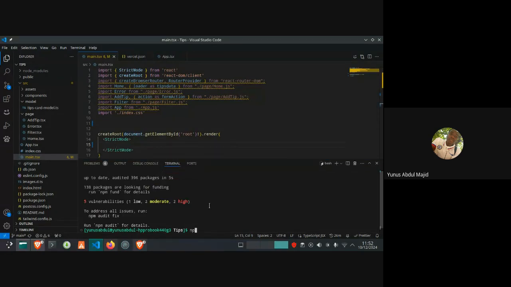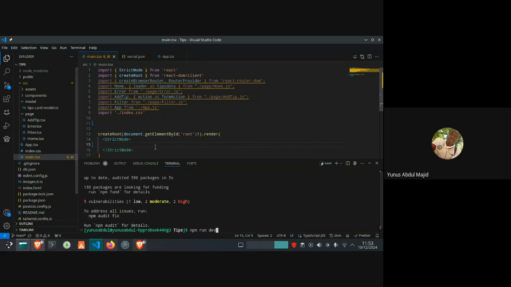So this is also a Vite project, not the Create React App. Which is why on your Create React App you use npm start, while on this you use npm run dev.